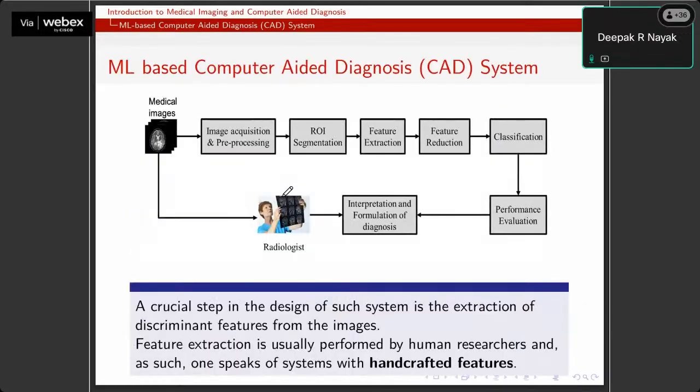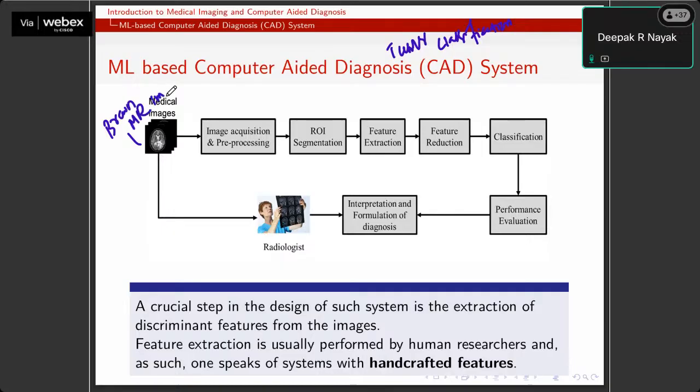Let us see what the stages are in a machine learning based CAD system. Let's say I want to design a CAD system for the tumor classification or tumor grading task. For simplicity, let's say there are only two classes.